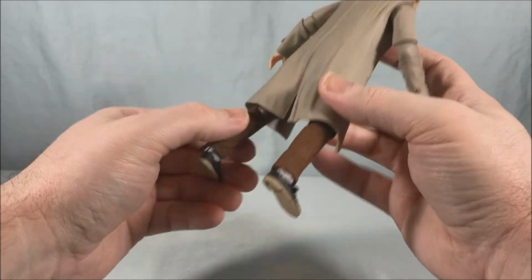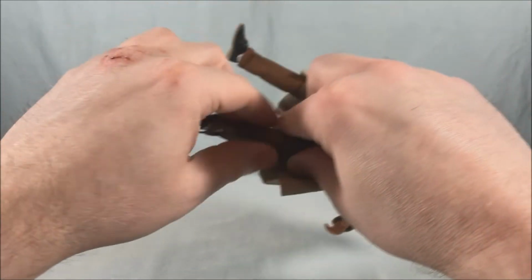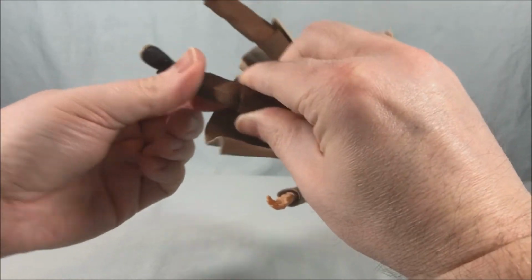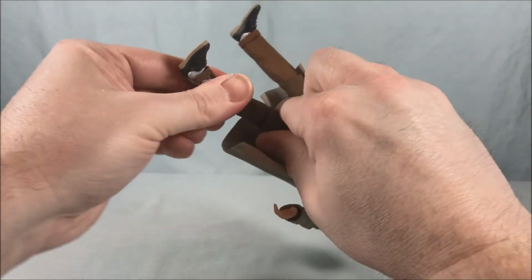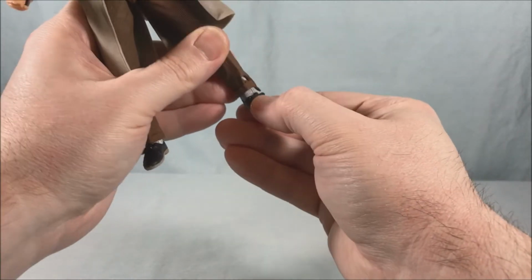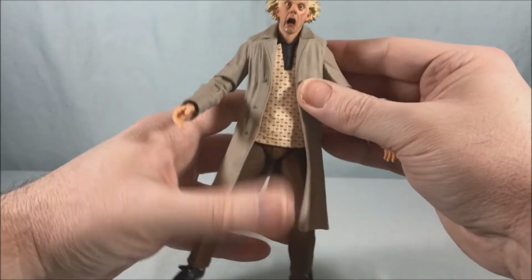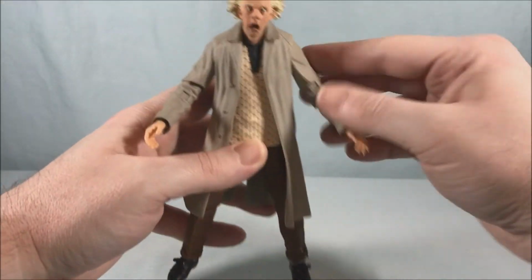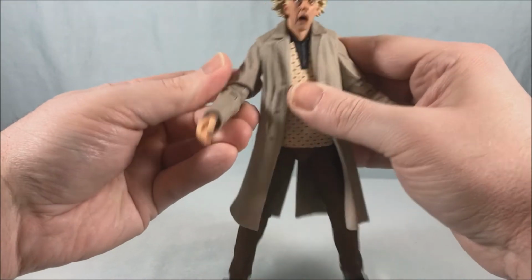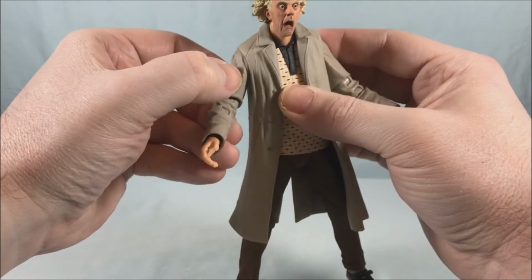He has a single knee joint. So, again, getting around the coat, but he does have a single knee joint. And then it also has a rotation as well. And then he's got the hinge in the ankle. And then rock side to side. So, nice articulation. Really nice. And like I said, the joints are fairly smooth, which I appreciate. Although I just noticed there's some...